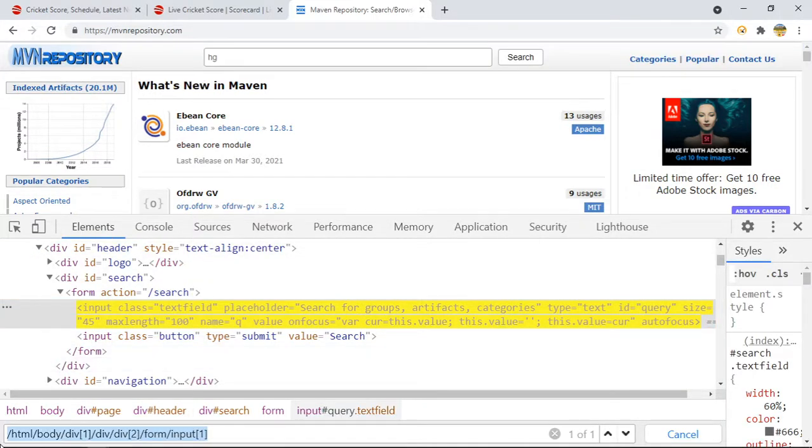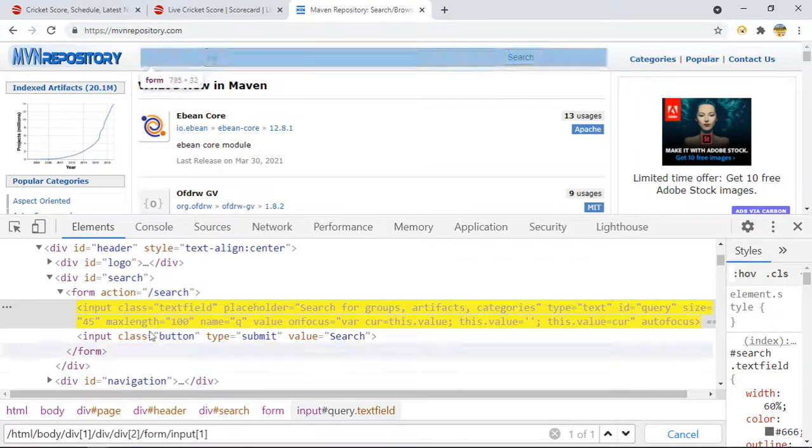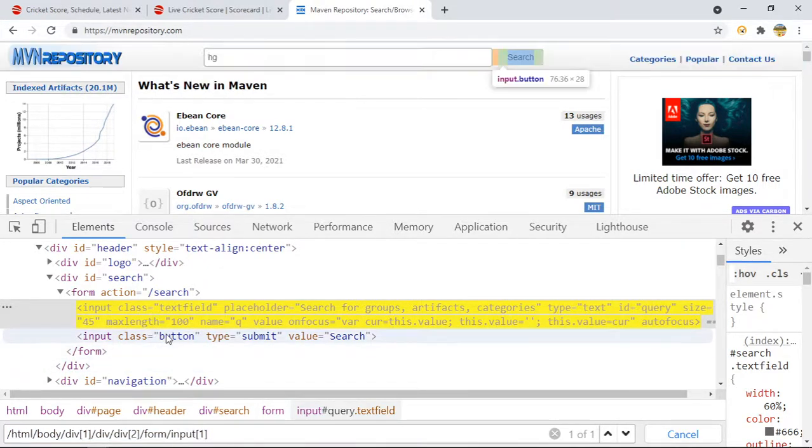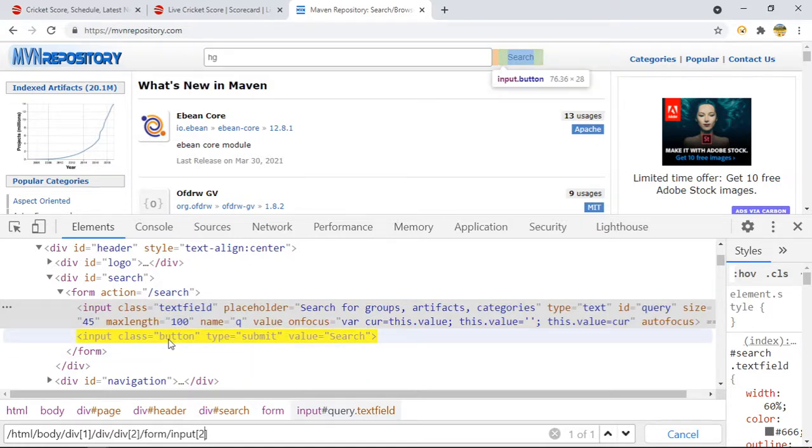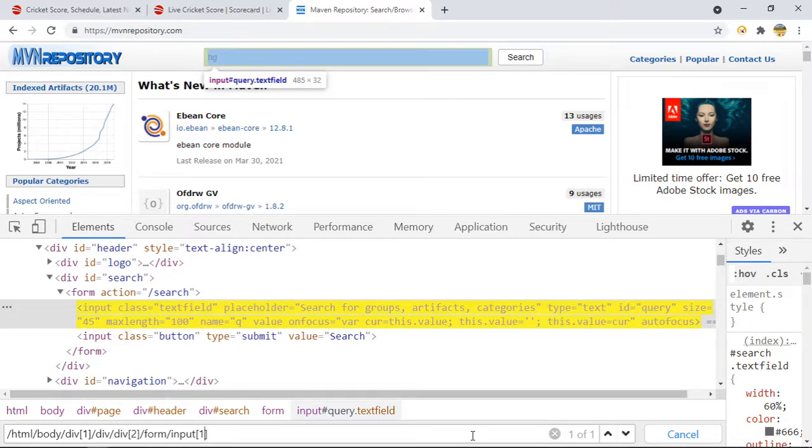I am just validating it here as well. I have written this complete absolute XPath, and you can see the yellow color. And when I place my mouse, if I say 2, you can see the yellow color will come here, which means it is identifying this web element, and also it is unique, 1 out of 1 is matching. So this is how I identify whether we need to provide any other thing or not. Here in this case, you are able to identify your text box with this absolute XPath.